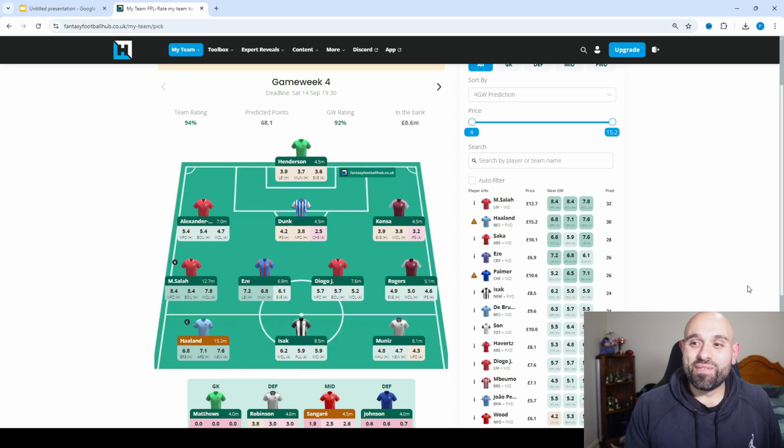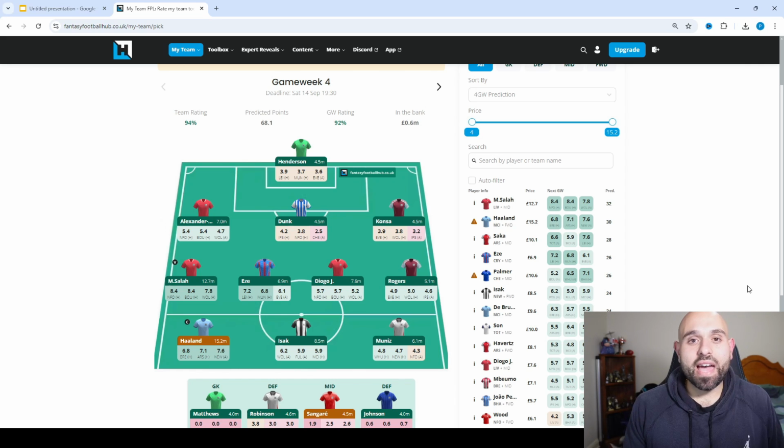One transfer for me this week, I had enough money in the bank to go Bukayo Saka to Mohamed Salah. So I've got the captaincy dilemma of Salah versus Haaland. I'm still going to keep it on Haaland. If in whatever case Haaland doesn't play, which I really doubt, then Haaland will come off for Robinson, and then Salah becomes my captain. And I just can't see a world where Haaland comes on for a 1-pointer. So I'm going to roll it with Haaland. Hopefully he's inspired to play well at home to Brentford today and bag himself his 3rd consecutive hat-trick.